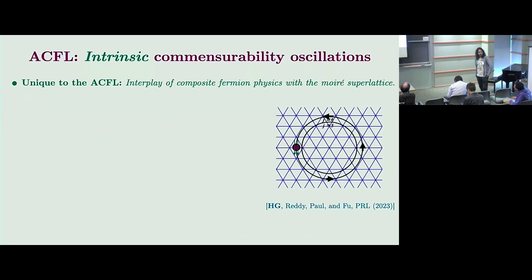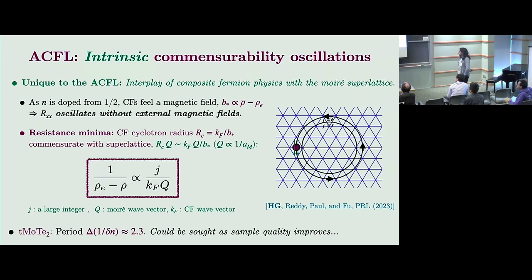We have a number in the paper. I forget off the top of my head what the size of that number is. Okay, we can talk about this offline. And that 1 over 2.3, what exactly is that? This should be something that's periodic in 1 over delta n, which is just the same as the fractional Hall states, which are also periodic. Yes, but this is a different periodicity, a periodicity that's much shorter. Is that right?